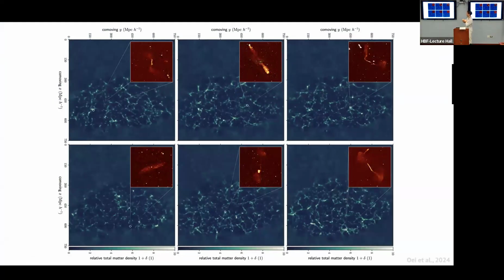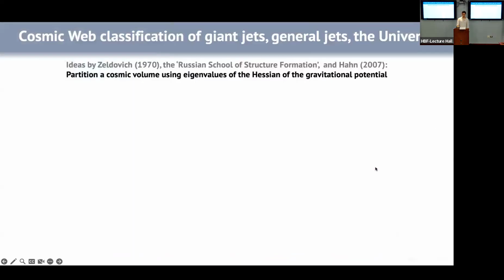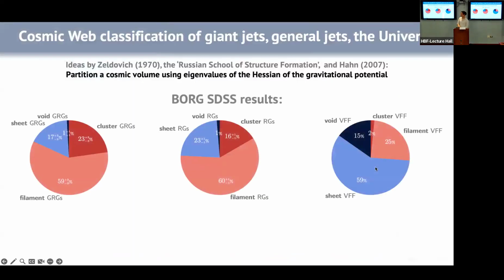So we have rough constraints on the length distribution and their number density, but for a select number we can also pinpoint these jet systems individually to the local cosmic web to say, do the host galaxies lie in clusters or in filaments or in sheets or in voids? You can do this with modern cosmic web reconstructions. You can classify the cosmic web and make these pie charts, which shows that